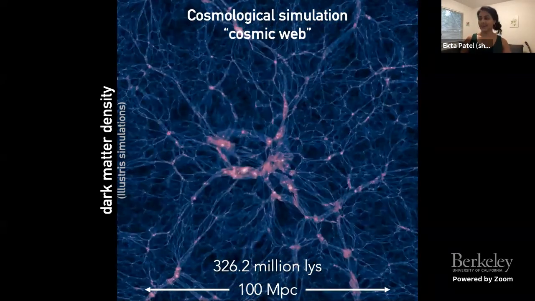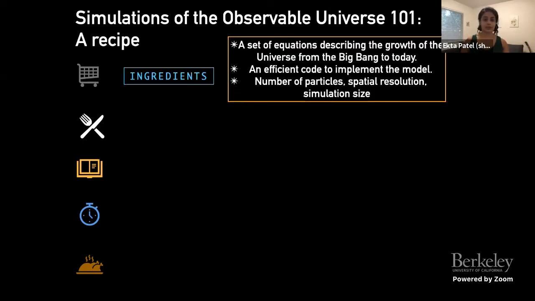Oh, and here's a movie of this playing over time. Okay, so these cosmological simulations contain many different moving parts. And so to give you a basic idea of what's necessary to build a cosmological simulation, I like to describe it as a recipe and to break it down into its component parts. So first, when you have a recipe, of course, you need your